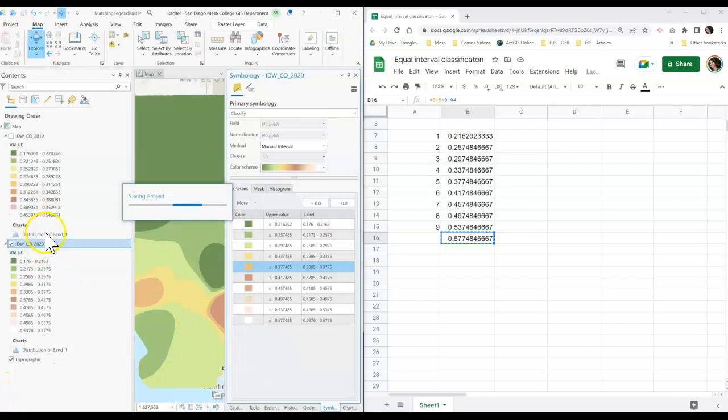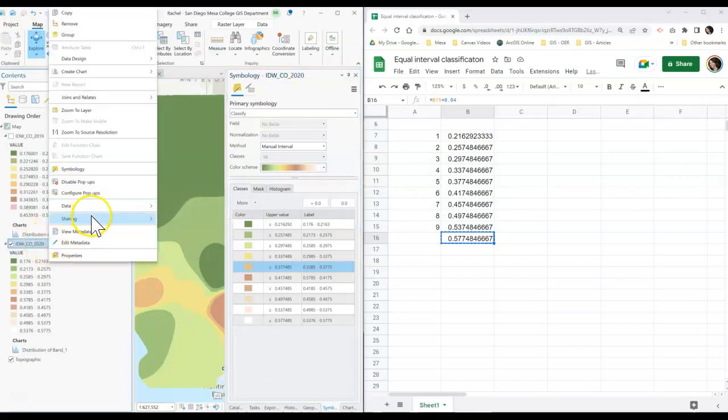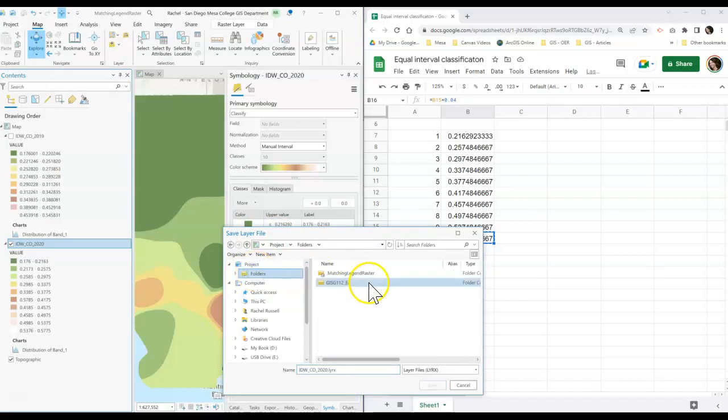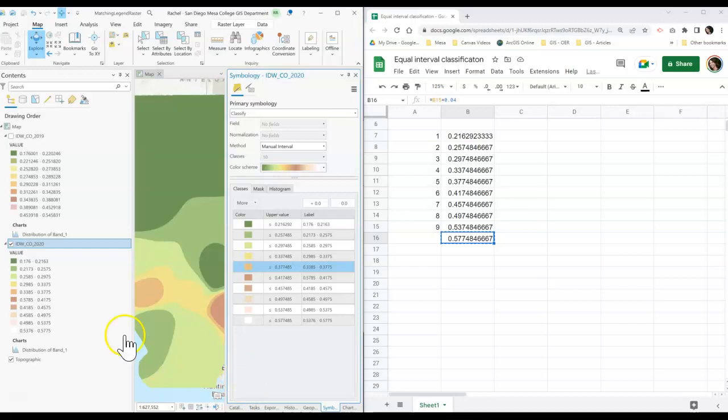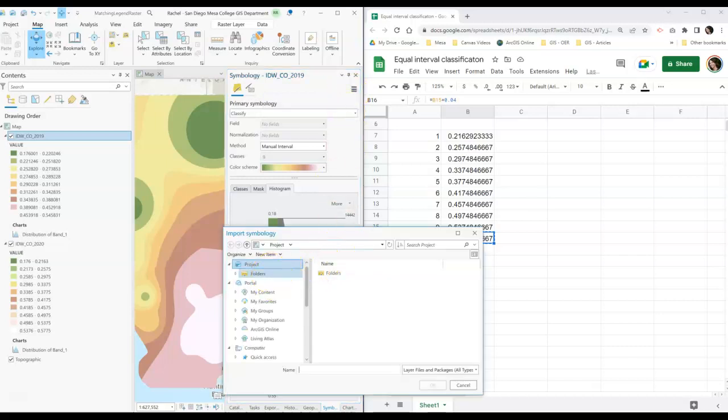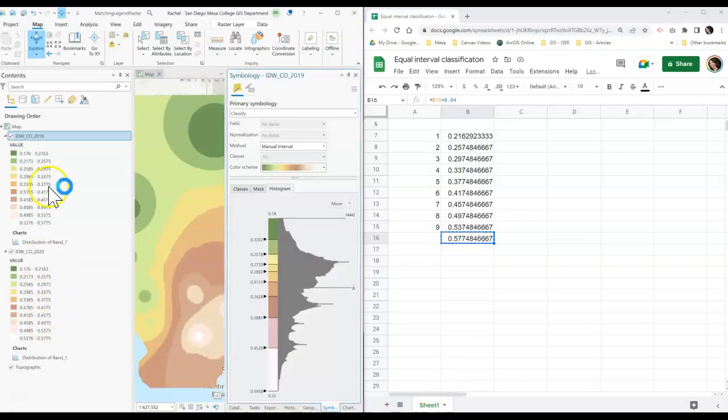So I'm going to save my project. I'm going to right click and click share, save as layer file. Make sure it gets into the project we're working on. Okay, nothing's going to happen, but we'll go here, we'll turn on our 2019 data, we'll click on our sandwich button, import from layer file, go into our folders, use that carbon monoxide symbology, and they should, and they